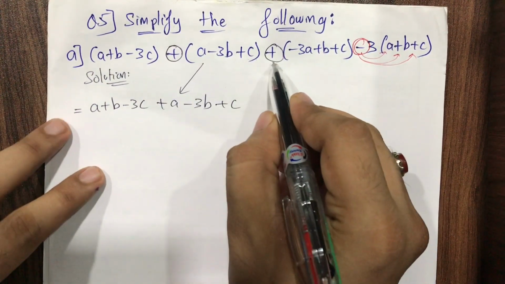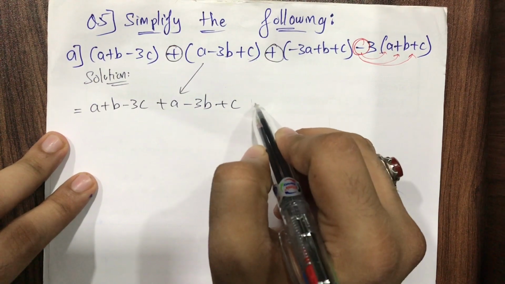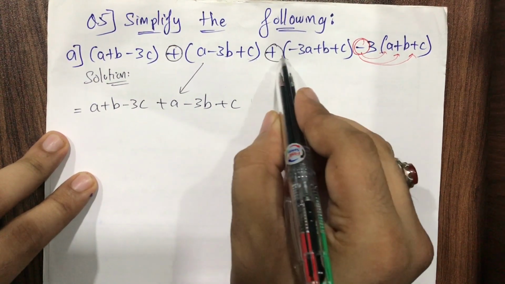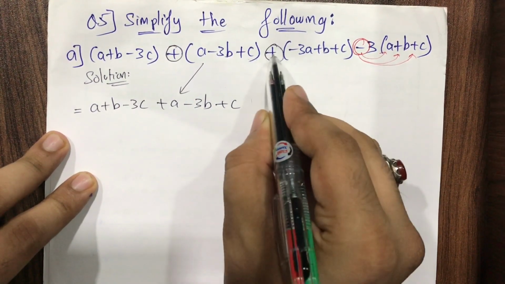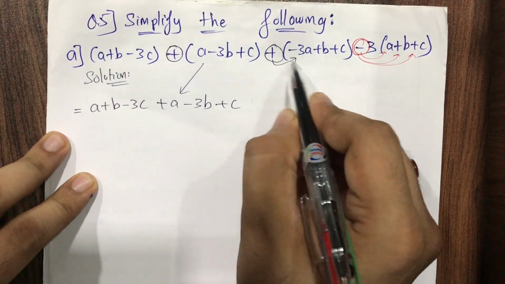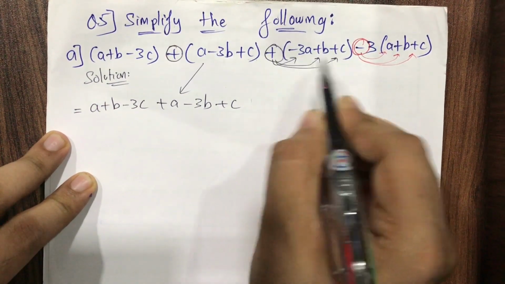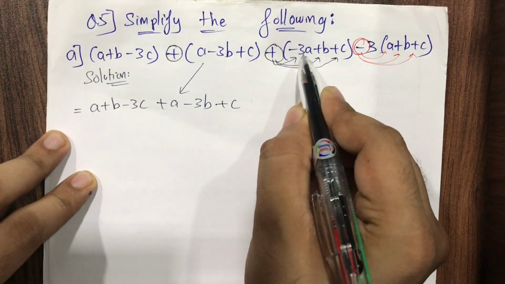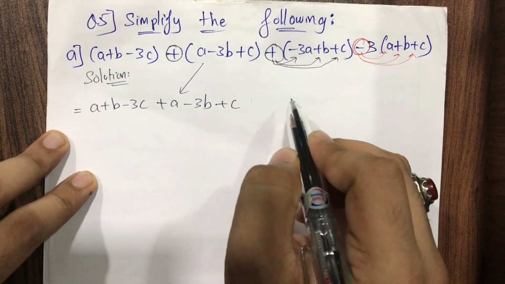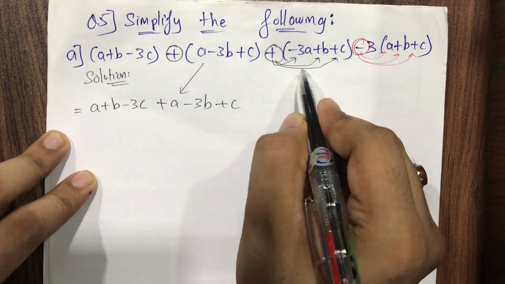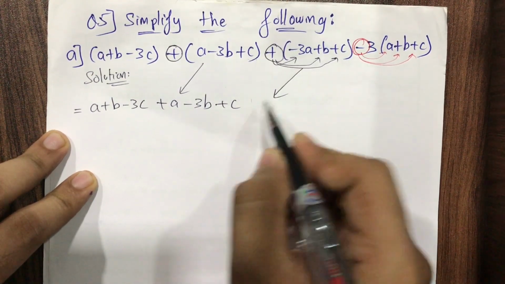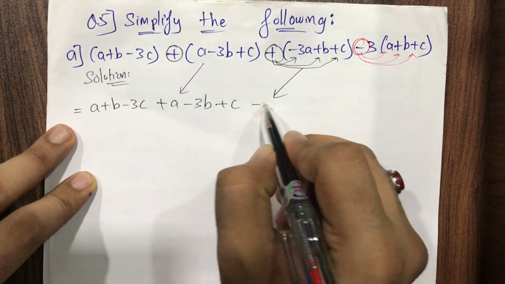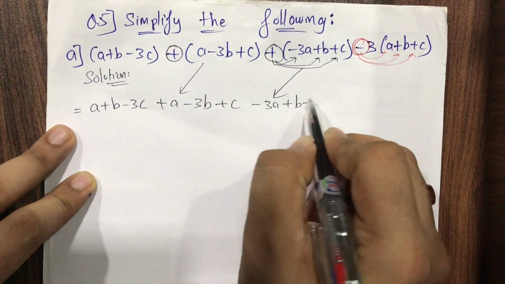Okay, now it's plus. So will I write plus here? If I write plus here, what does this plus indicate outside the bracket? That this plus will be multiplied with each and every term. So when plus is like plus 1, and plus 1 gets multiplied with minus 3a, the answer will be minus 3a. So we will just copy this exact bracket down. Minus 3a plus b plus c. I will copy this minus 3a plus b and plus c.